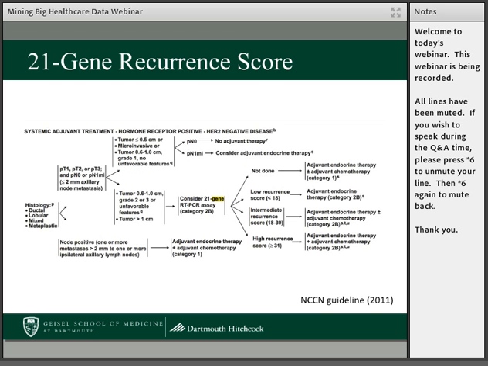So another factor, and this is in terms of when we think about clinical trials and protocols, we are having patients being followed through these very complex sets of factors. And here we're looking at part of a guideline for breast cancer that is part of what we would consider to be personalized medicine now. So patients who have breast cancer that's early stage in this case and are hormone receptor positive, they may be recommended for using a 21 gene assay called Oncotype DX.